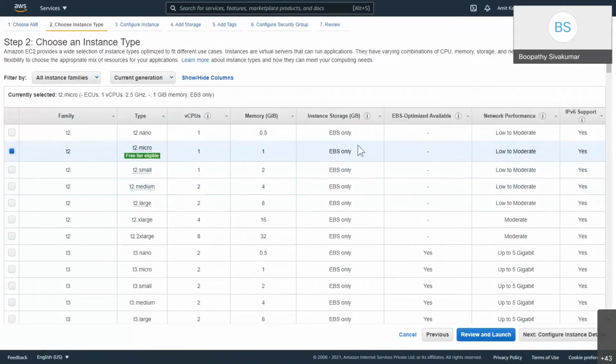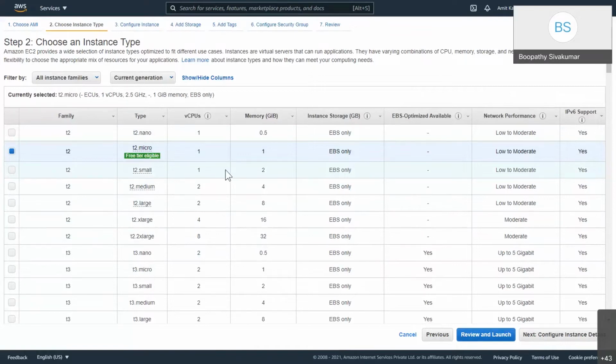Once you select, it will take you to the next step where you need to choose the instance type. Instance type is nothing but the different sizes of an instance. Each instance has a different purpose. Here you see the family.